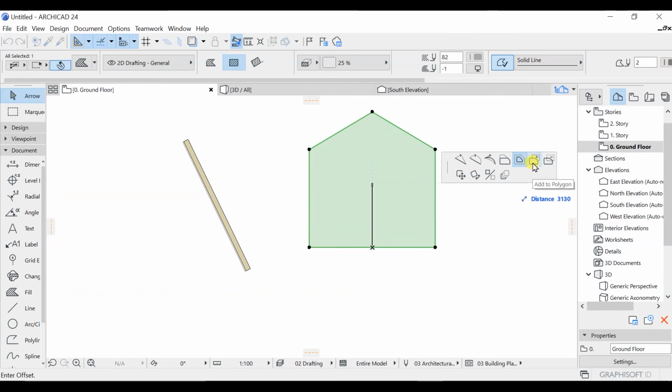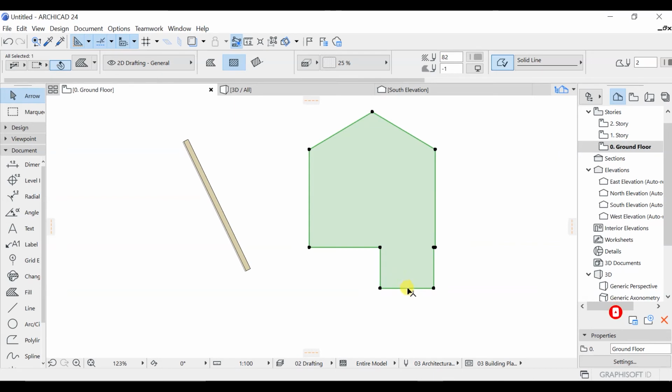You can click on this one to add a polygon here, let's say anywhere. Okay, just like that, you can just add a polygon here. Now again I will click on this part here, so you can subtract the polygon. So let's say you want to subtract this polygon, you can subtract that one as well. Again I will click on this line.